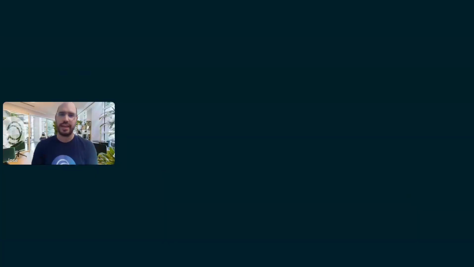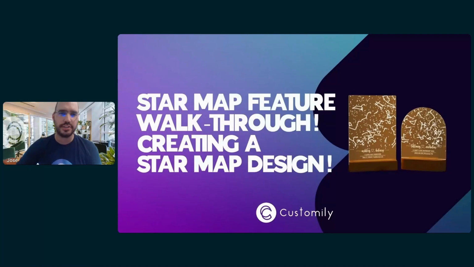So let's begin with the star map feature and a nice walkthrough creating a star map design. The example I'm showing you right here is something we pulled, and we realized it had this background printed, so it was easy to cut the star map to show the text. Star maps will always have a round, circle shape because of the way they are represented, because of the grid. If you want to cut them because you want the text to be featured, you can do so, but remember that when cutting something like that, you will need a background. So in these scenarios, we wanted to show you that this is something different. This is not the usual